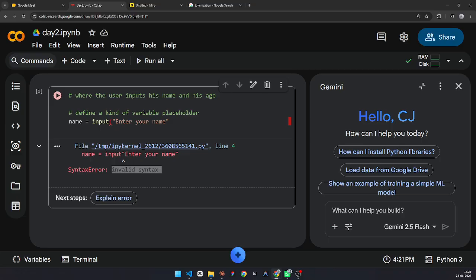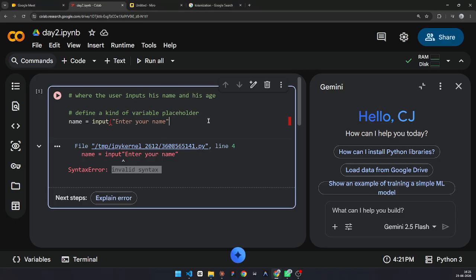Yeah, of course, Krishna, that's totally doable, like this. So you can type whatever you want. Just for showing you all, I'm typing enter your name, but you can also write what is your name, please input, or whatever you want, but that should be in a string. That means it should be enclosed within a bracket, and inside the bracket the text should be enclosed within inverted commas. Got it?